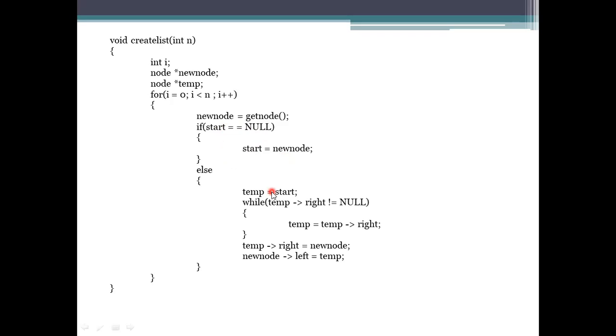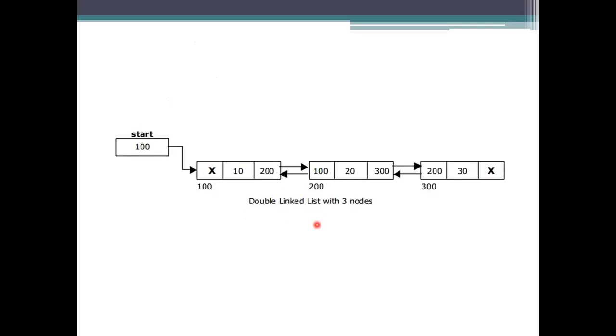So temp is equal to start. The temporary variable is equal to start. If temp right is not equal to null, meaning there is one element there, then we represent it as temp right, and it takes the new node's representation for the processing. By that, it takes the elements in.